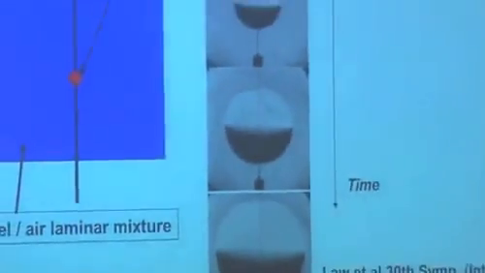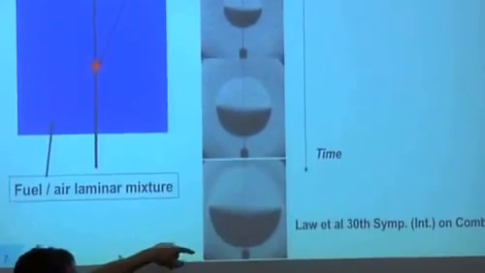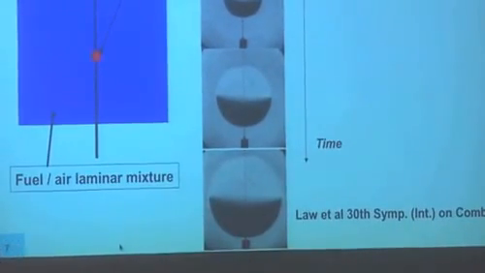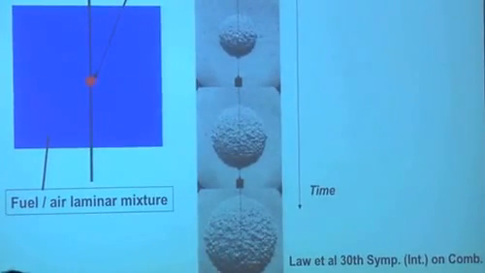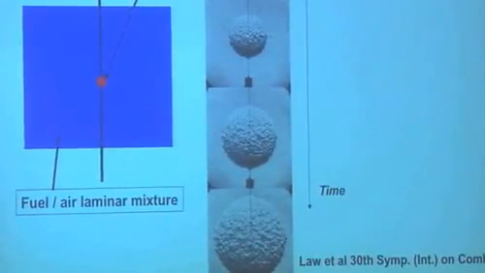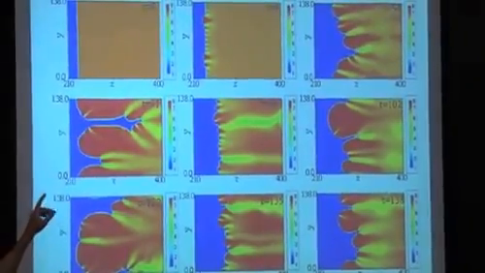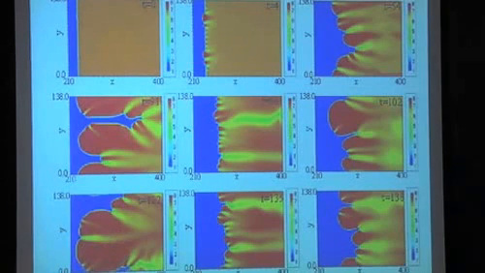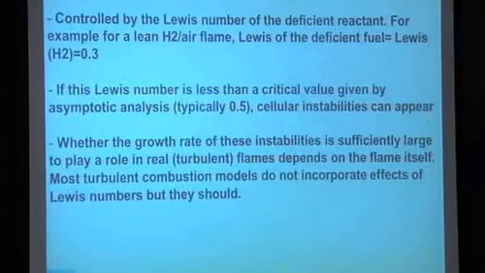Another example, I think a famous paper that you probably heard about, is of a much smaller instability. This is the growth of a laminar flame. If the Lewis number is right, you will have a smooth flame, and if the Lewis number is not right, you start seeing these cells here, which are one type of combustion instability. You can see them experimentally here. You can see them also numerically on flame fronts, which instead of remaining planar get all these funny shapes. And an interesting point is, when we go to a turbulent flame, do we care? Or could we forget about them? Well, actually, that's an open question.